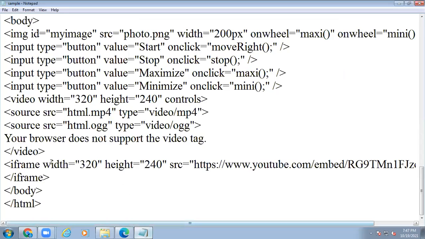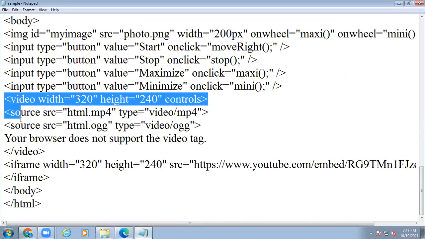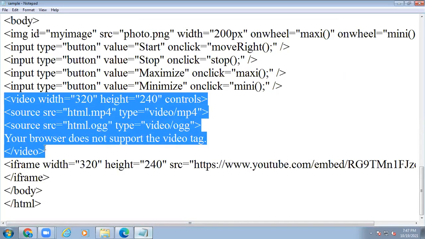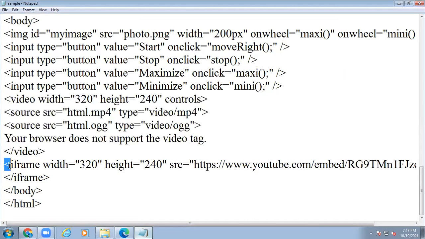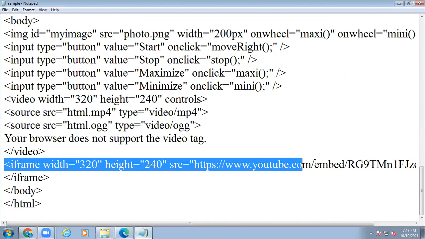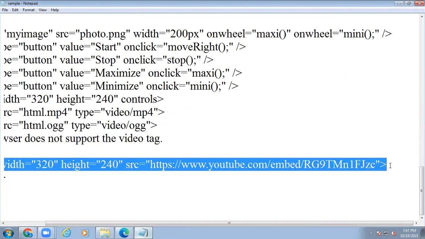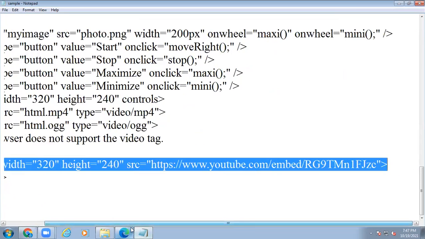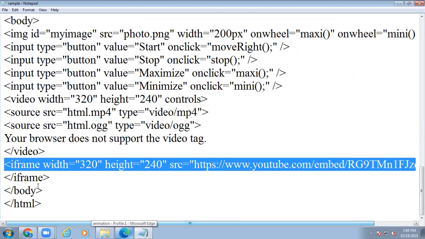First one, this is the case: whatever video you have in your system will be included here. And those YouTube account videos, you have to include them into the web pages.